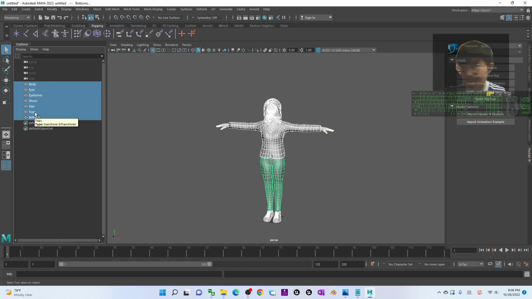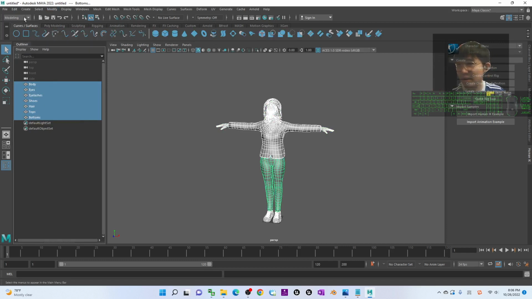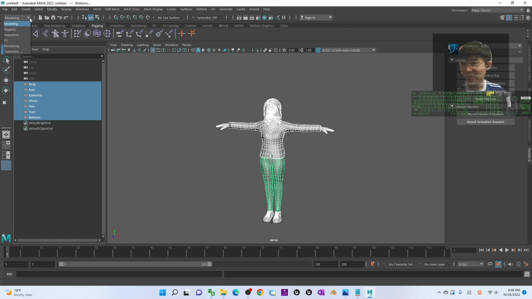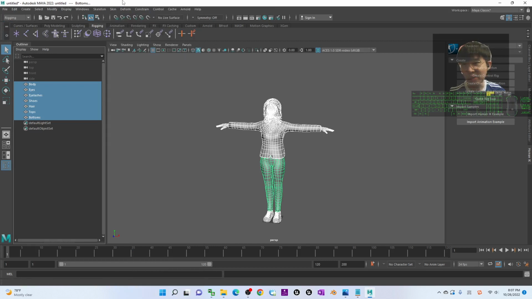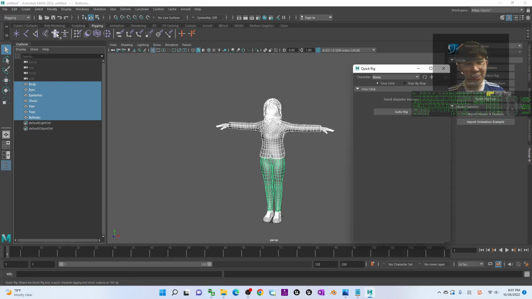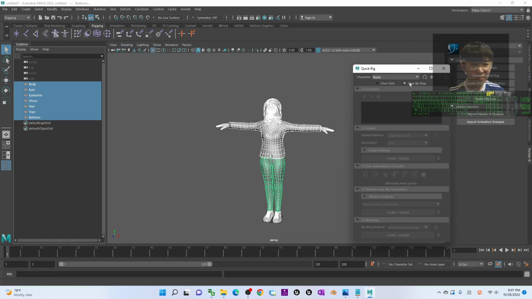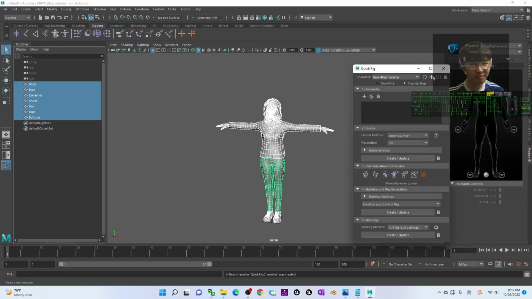Then, next, you have to make sure you can see the rigging. At the same time, here you switch it to rigging. Alright, so that you can see the skin menu here. So once you have selected all of the meshes here, you have to click this one, the quick rig, and then choose step by step. Click plus here, and then you have already selected all of the meshes, just need to click plus, then click create.